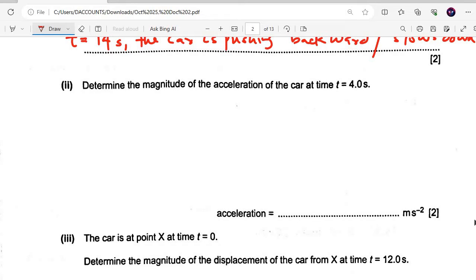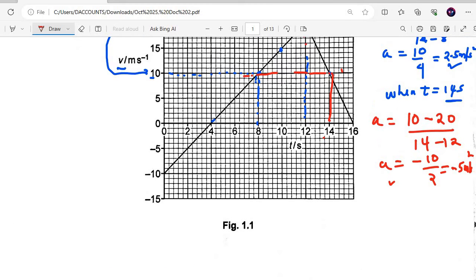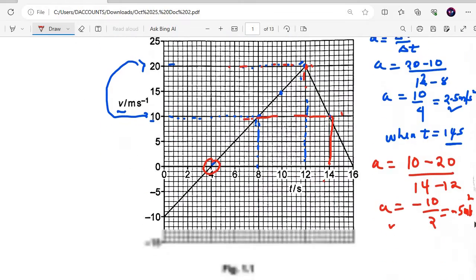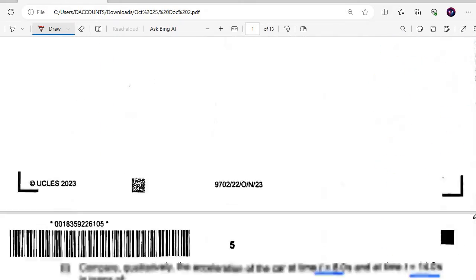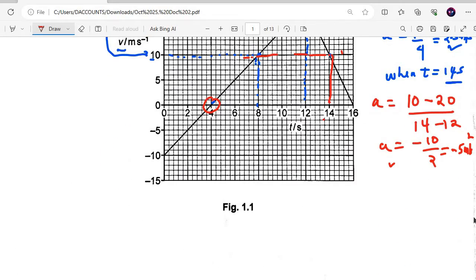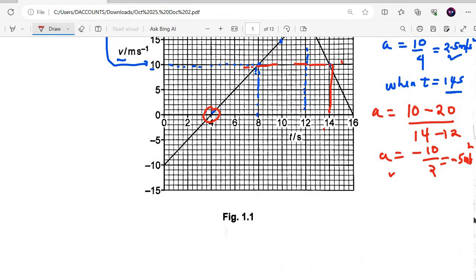Now determine the magnitude of acceleration of the car at t equal to 4 seconds. Remember, it can be 2.5 because it falls between 4 and... I think it's 2.5. Yeah. Because it's on the straight line between this and this, let's look at it as if it's coming from -10 to 4. So in that case, the change will be,